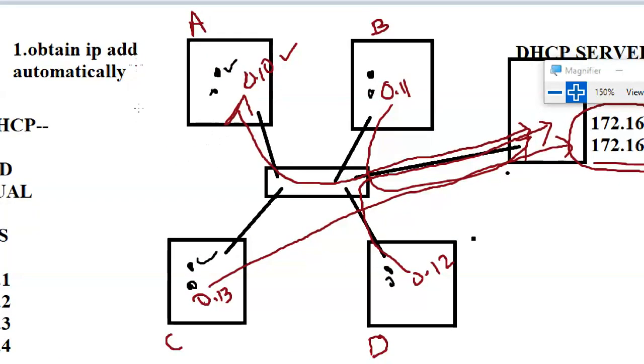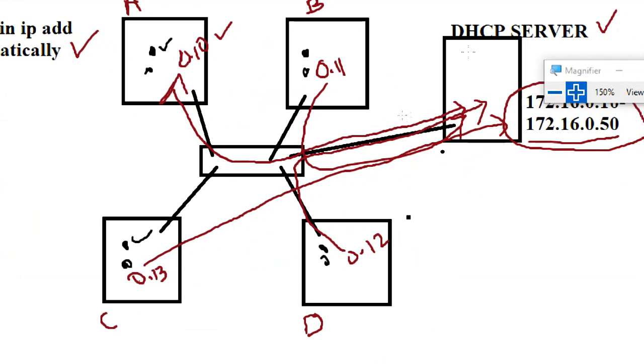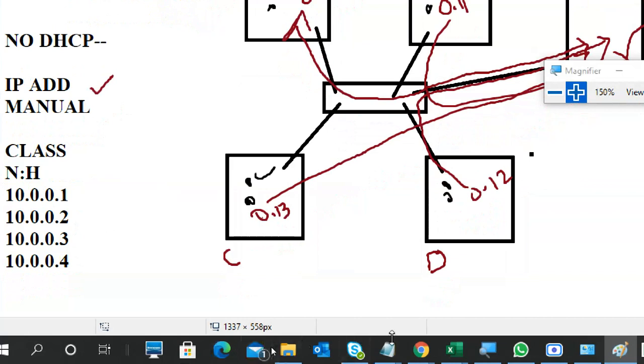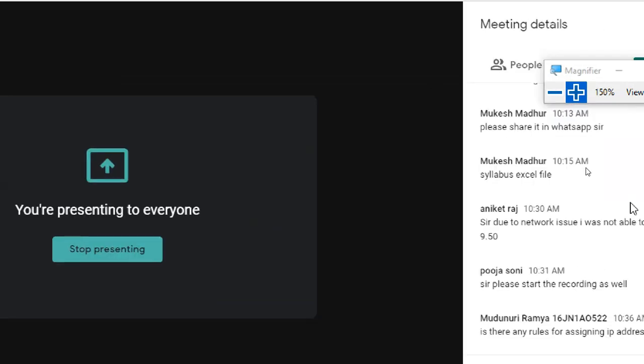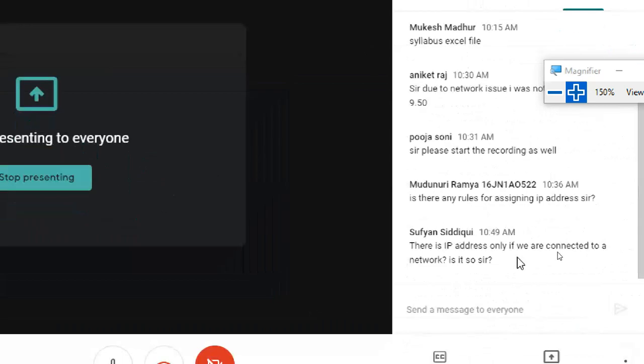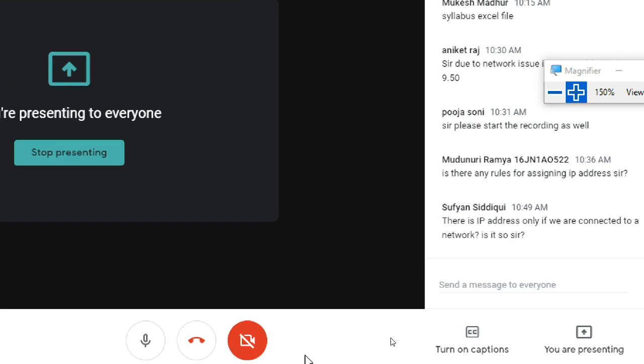So dynamic. When you choose this one, you will get an IP from DHCP. If you don't have DHCP, you have to do it manually. Yes. So, sir, in this case, every time we turn on our PCs, we will get a different IP? Yes, possible. There is an IP address only if you are connected to the network.